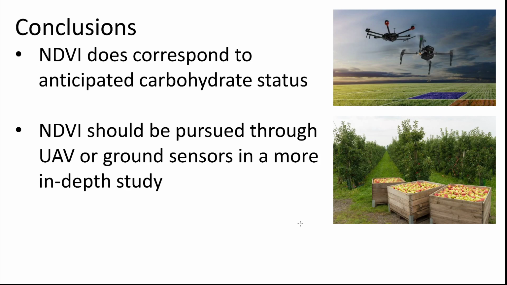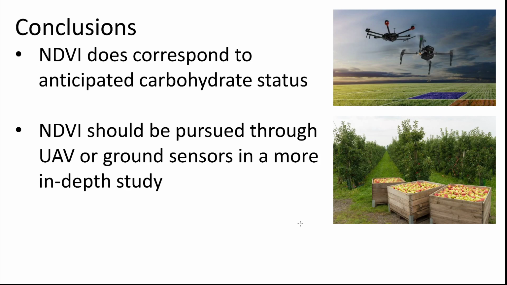But just looking at what you would think would happen, it does seem that NDVI is responding pretty closely with what the carbohydrate status of the tree would be when there's more competition in the canopy versus when there's less. So using drones or ground-based systems would be really beneficial to correspond NDVI with fruitlet abscission and tree carbohydrate status. And I think that could be used to develop a model to help growers make decisions for thinning rates